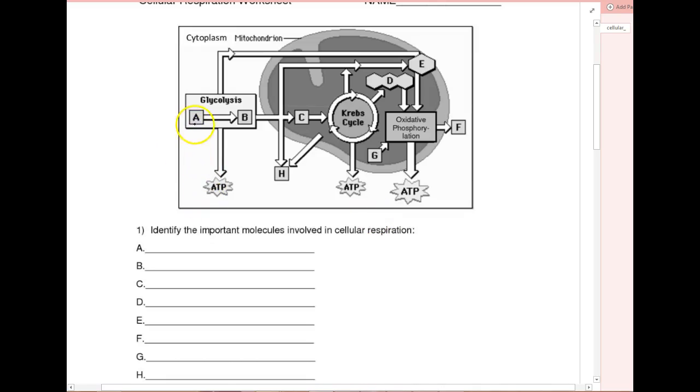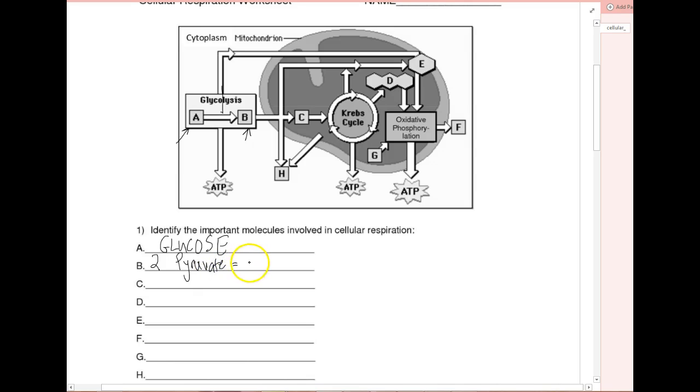Okay, so A is the starting molecule of glycolysis. That is what, class? Now, glycolysis literally means splitting of sugar. So what do we split sugar into? Yeah, we make it into two molecules of pyruvate,